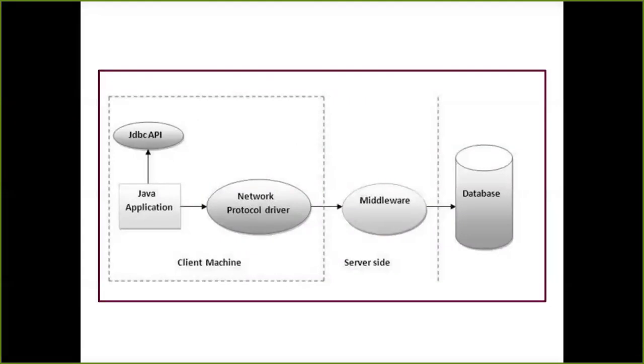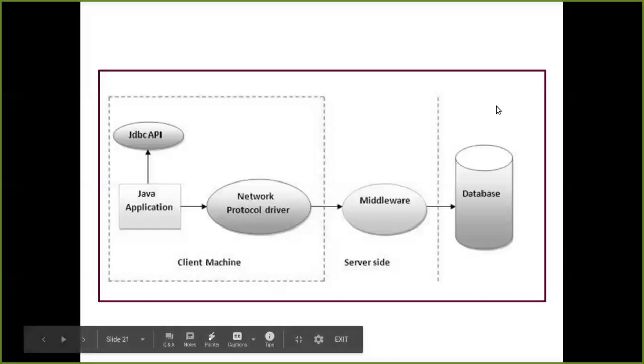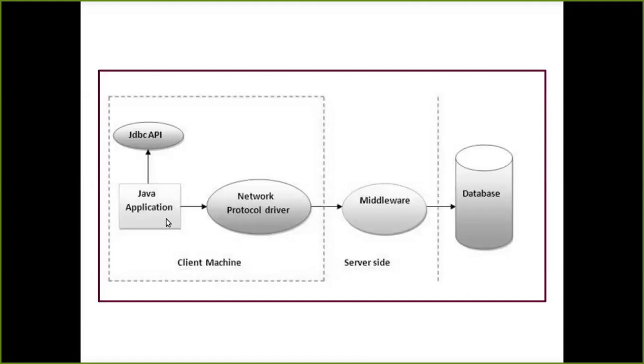Okay, so now here what is going to happen, if you'll see clearly, it is somewhere three tier architecture. I have a client machine, I have a server side, I have a database. So what I'm going to do, I am going to write a Java application over here. So in type 3 I'm completely removing that native languages part. Now I'm completely focusing on that thing which is only surrounded by the Java things.